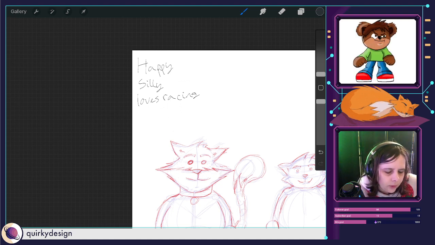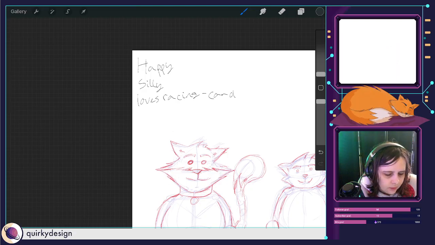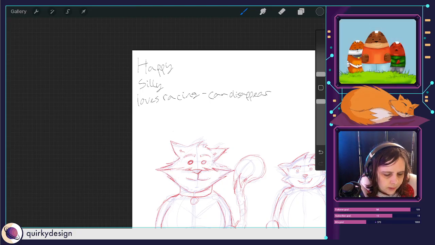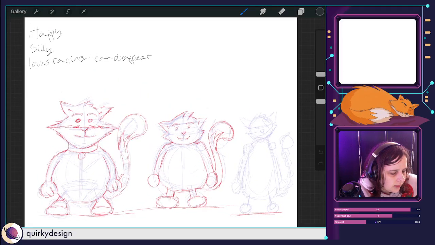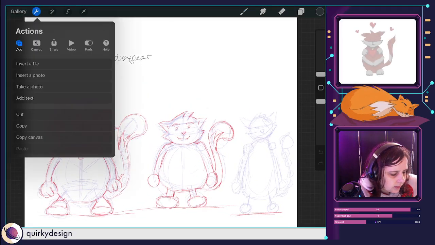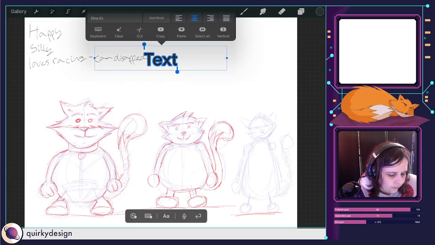So skills are can disappear really fast. Disappear. I wonder if there's a type option on here. Oh, you can add text, that's cool. Okay, I'm going to do that then.